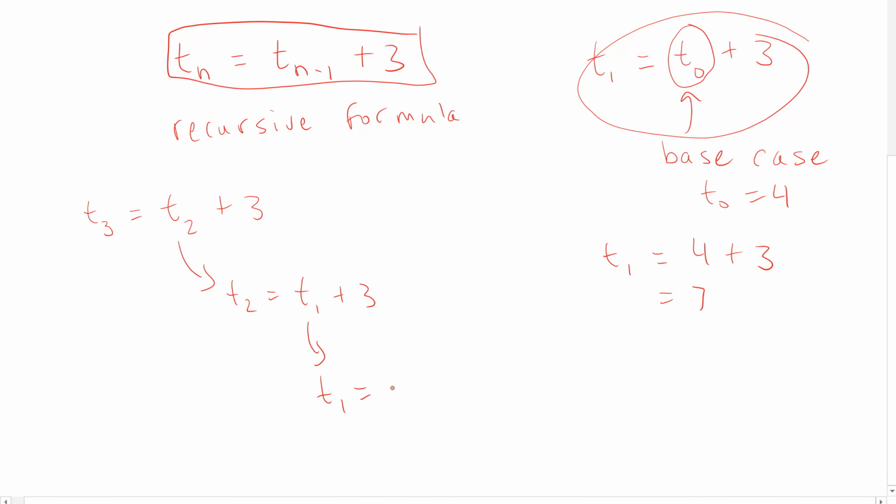T1 is equal to T0 plus 3. Okay, T0 is a base case. If we have along with our formula that T0 is equal to 4, then I can put in the value of 4 here,